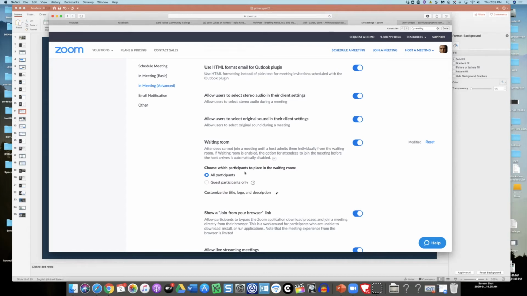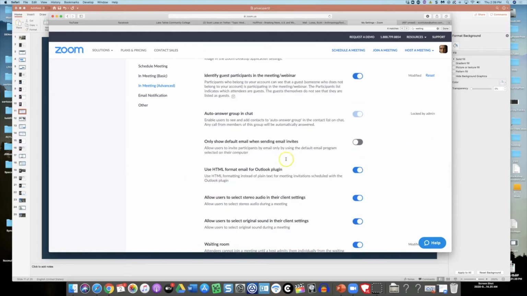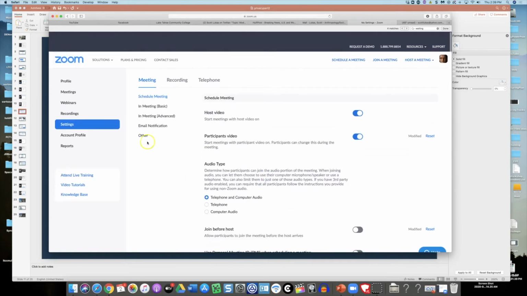So this is really key. I have this on as blue. Again, that's the non-default. It's currently active. And then I have it for all participants. I don't care who it is. I just want to control that after what I experienced last night.